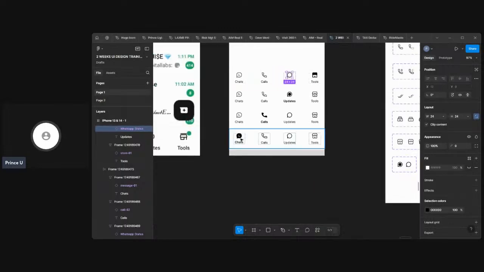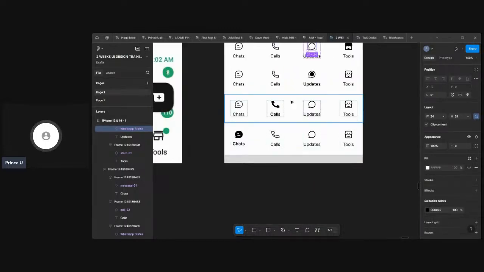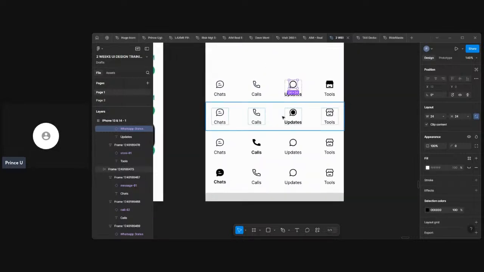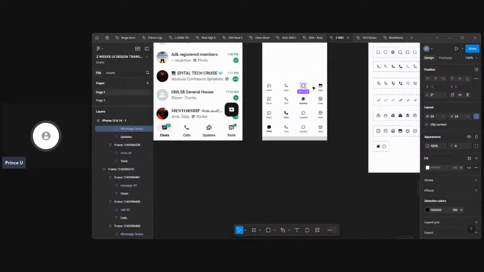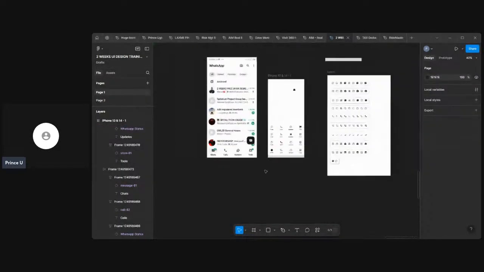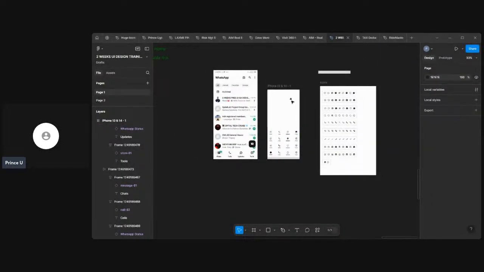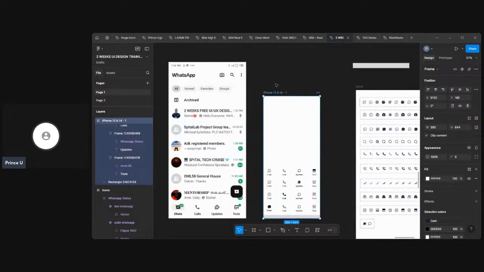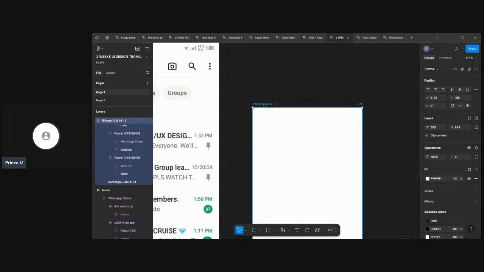So you can see that we have our chat when it's selected, we have our call when it's selected, we have our update when it's selected, and we have our tool when it's selected. The next thing you want to do at this point is name your screen. To name your screen, you double click on this iPhone 13, then you press Ctrl to highlight it. I can call this chat,